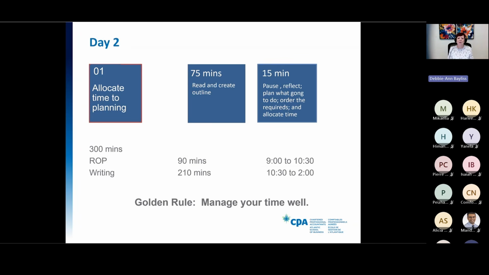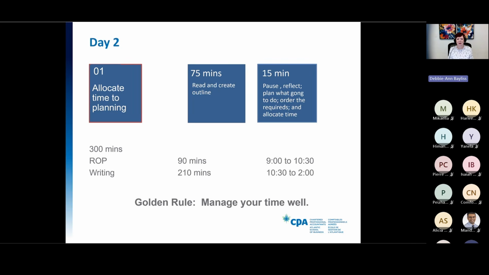So when it comes to the first step of the planning process is to allocate time to planning. And CPA Canada recommends that you allocate a total of 90 minutes. And that's broken into 2 components. 75 minutes to read the case and create your outline. And then 15 minutes to take an opportunity to pause, reflect, plan what you're going to do, order those requireds,